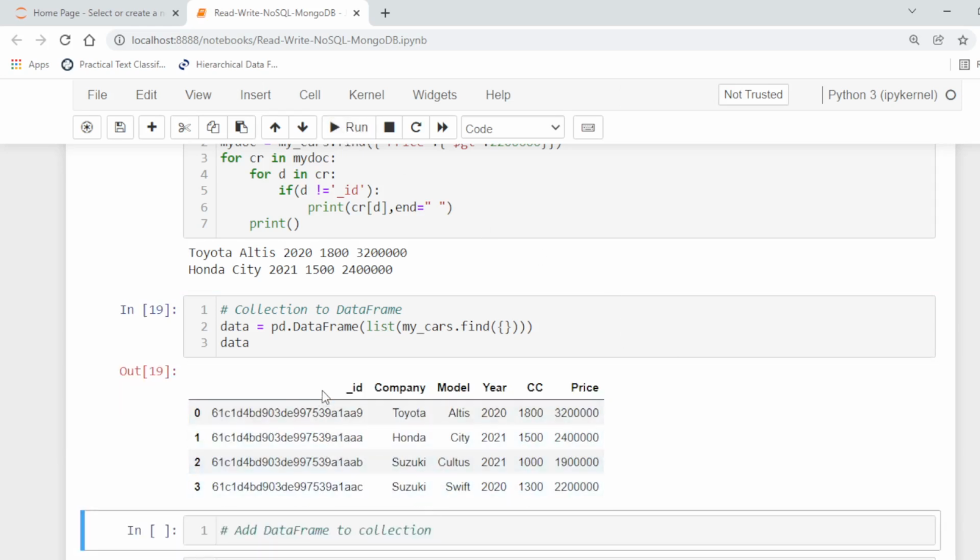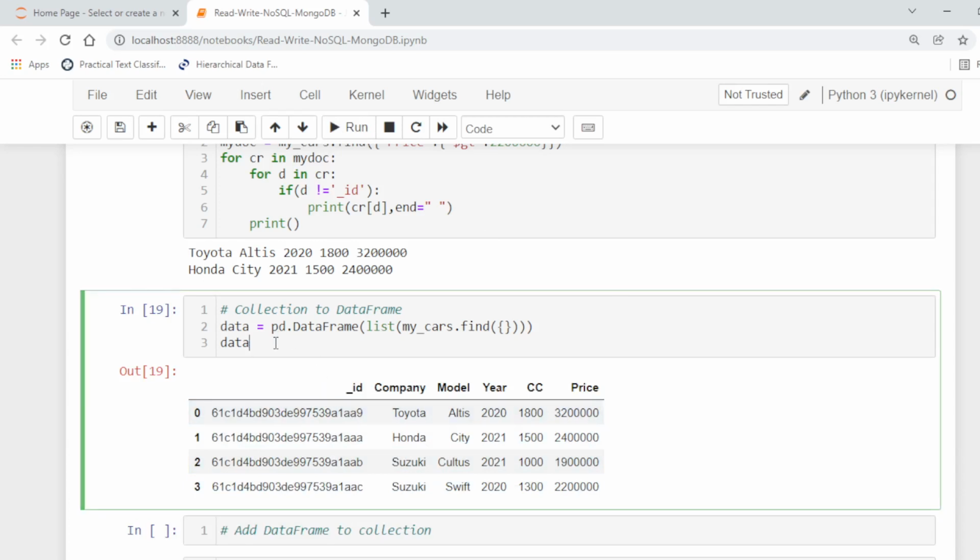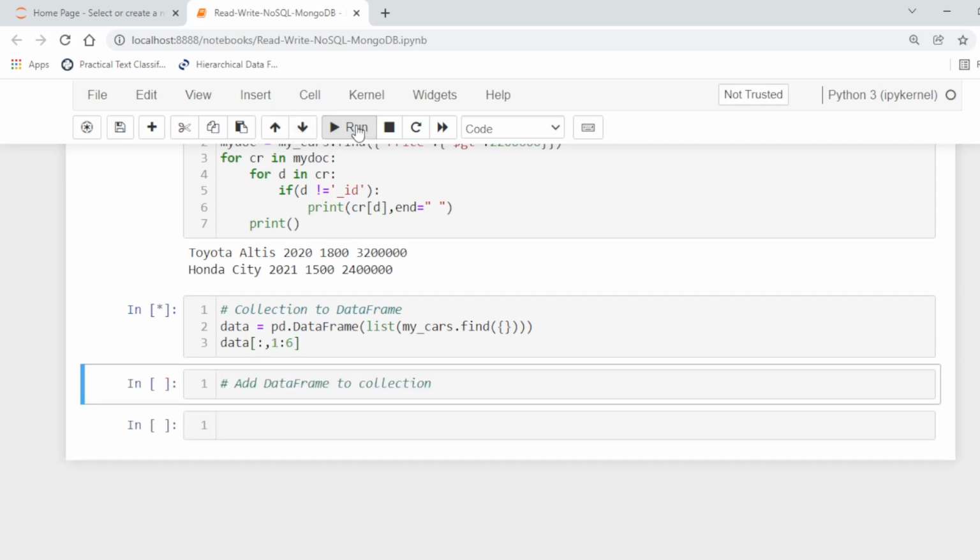You can drop the ID column or slice it as you like. For example, if we want to exclude the ID, we can specify all rows, but columns from 1 onwards, since the columns are 0, 1, 2, 3, 4, 5, 6. So in this way we can filter the ID column.